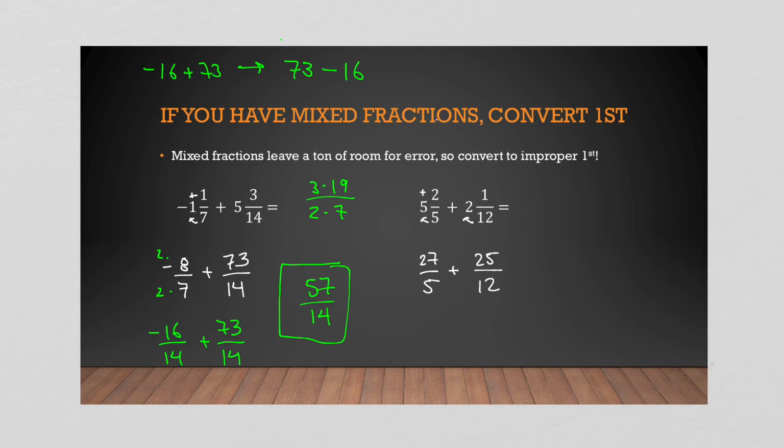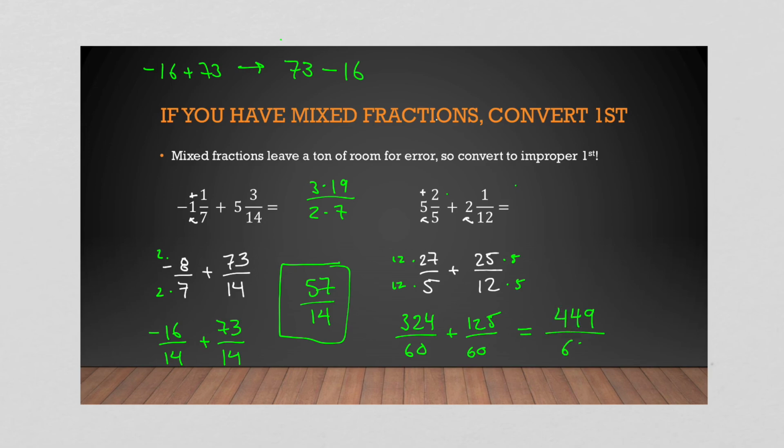So 5 times 12, 12 times 5. Here the numbers are going to get a bit big, but 27 times 12, we get 324 over 60, and 125 over 60. And when we add them together, we get